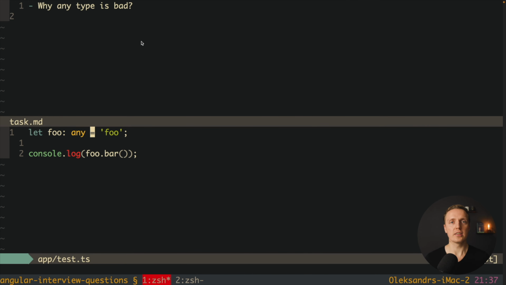So now the question is when you need to use any. And typically you want to use any if you don't know what data type you will get. For example, you could say that you have a function and you don't really know what will be the argument inside. Let's say here we have a function foo and we're getting here bar. And it might be that here we will get a string, a number, an object, an array, so we can't really type it.